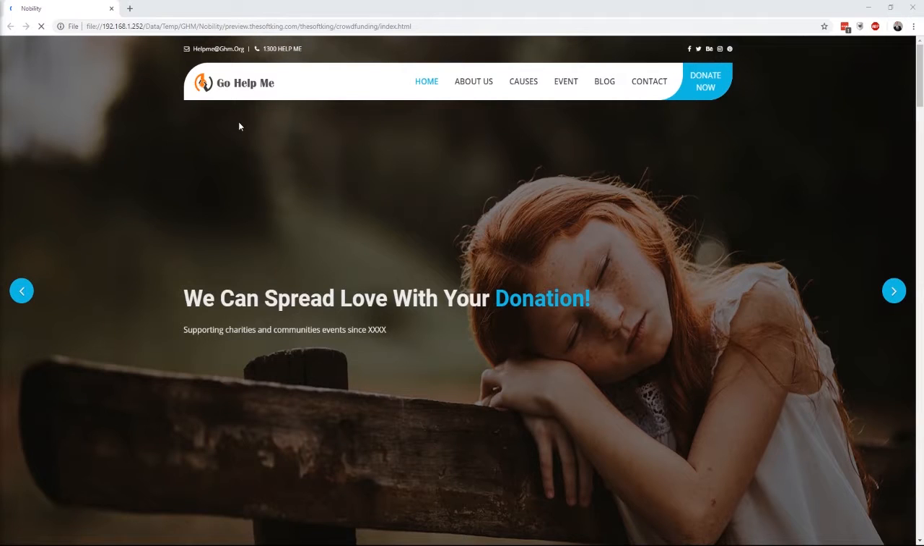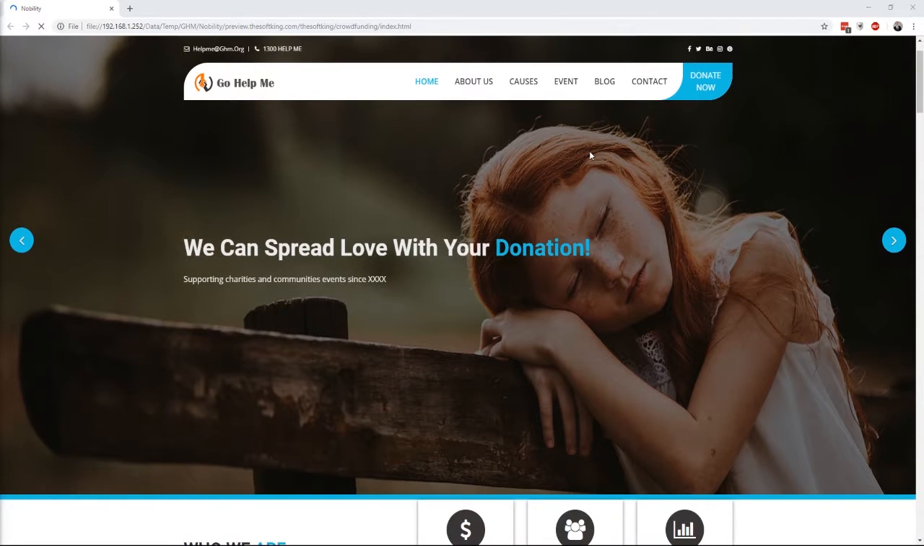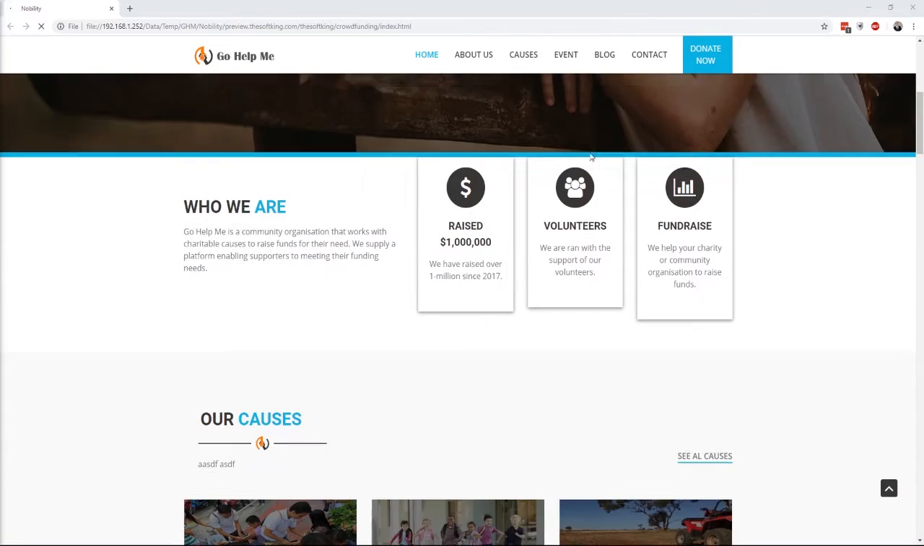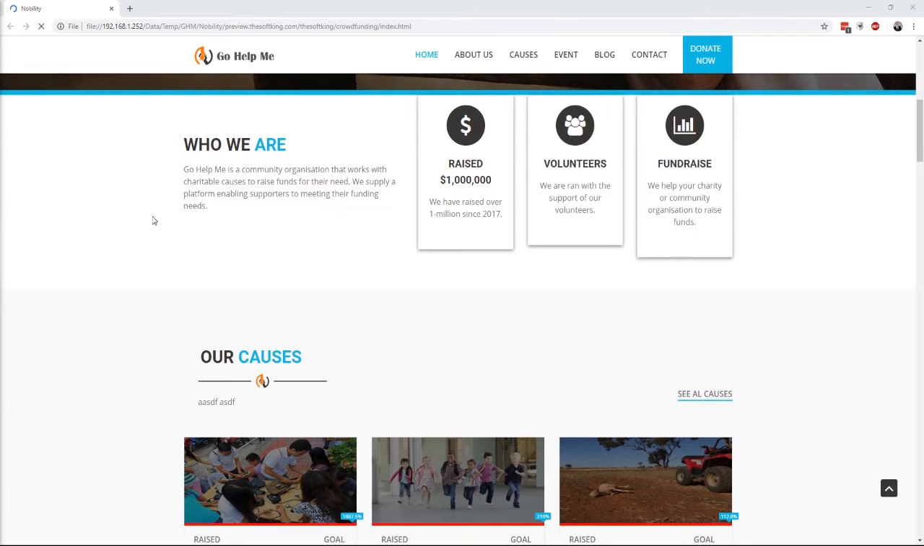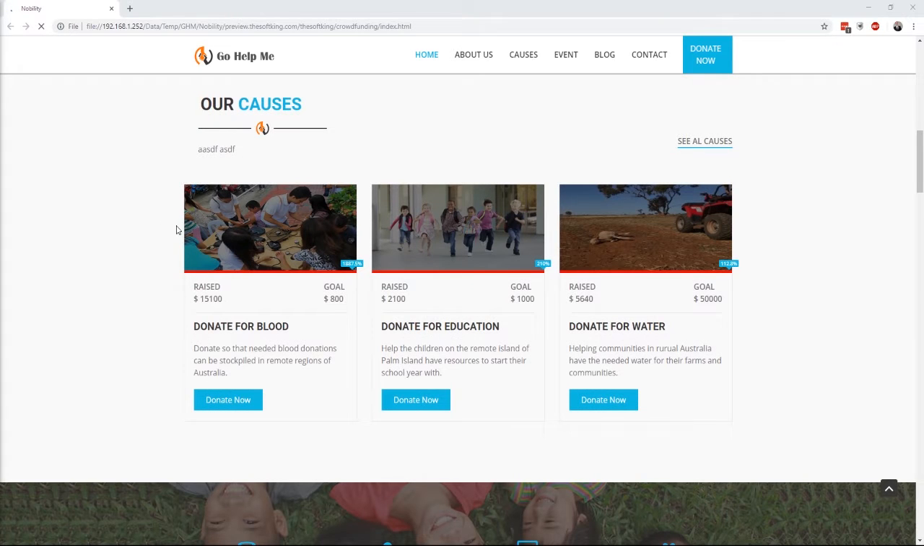We can see there's a prominent logo there, and we've got relevant links. We have causes, we have a donate now button, and there are some emotive pictures. As we scroll down, we get to see some company information. Scroll down a bit further, and we can see that there are causes. These causes are featured on the home page, and from here there's an option to donate to one